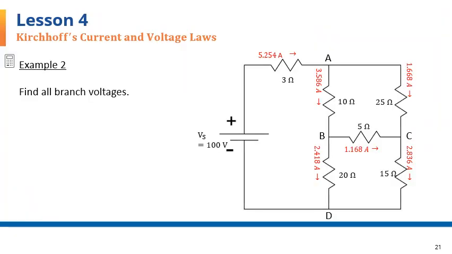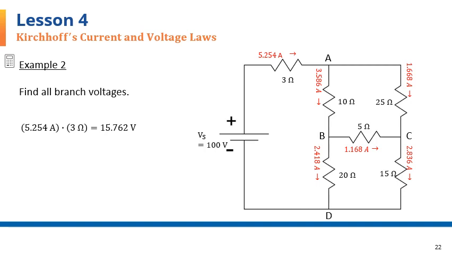We're asked here to find the voltage across each resistor. Starting with the 3 ohm resistor, the voltage is determined by multiplying the current that goes through it times the resistance of 3 ohms, and you see that here. So the voltage across the resistor is going to be